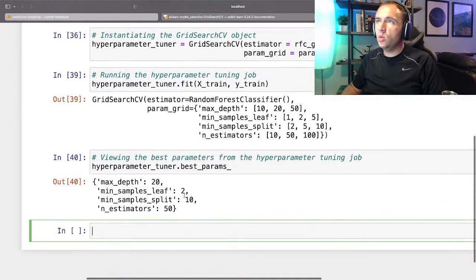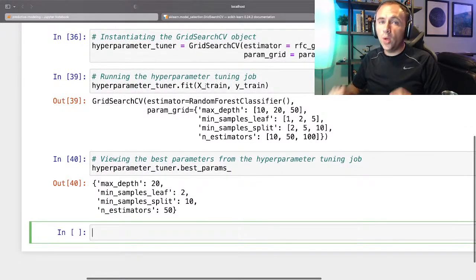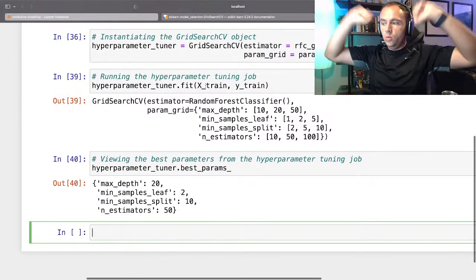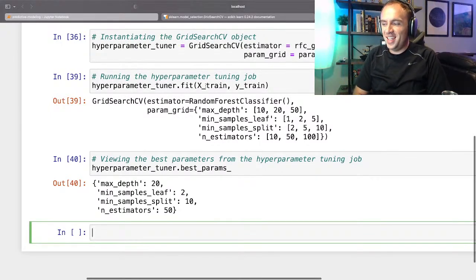All right, so now that we have completed the hyperparameter tuning job, we are ready to begin the formal model training. Woo! And you're going to see how lame this is. Like the very first time I saw this, it's not lame. It's just that when you think about artificial intelligence or machine learning,